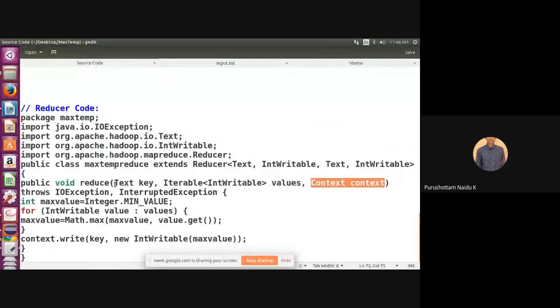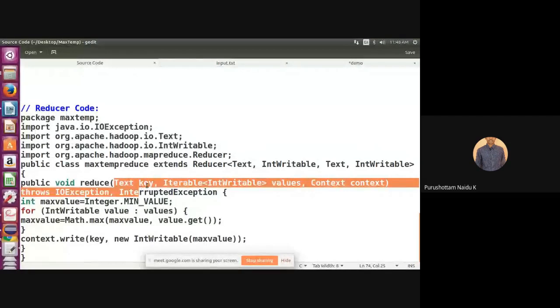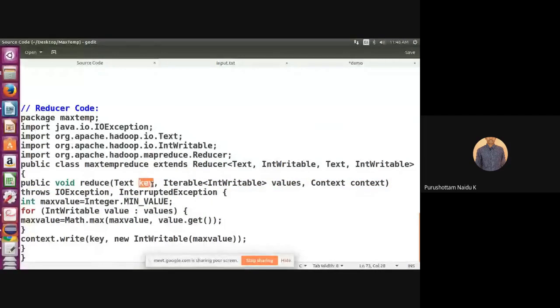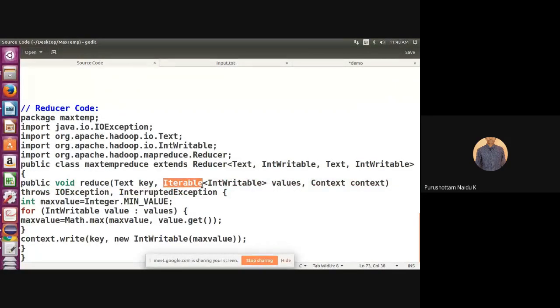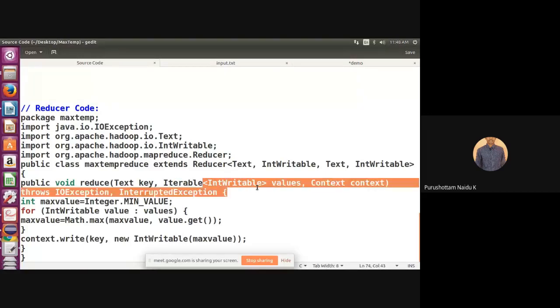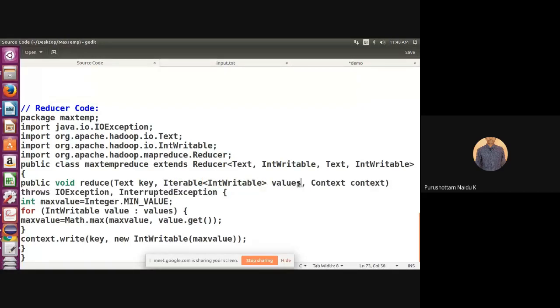In the input, what does the key contain? The key contains the year and a set of values. Those values are iterable values, here in the Iterable class. Each and every value is of which type? Iterable type. Now what do the values contain? The values contain a set of values.